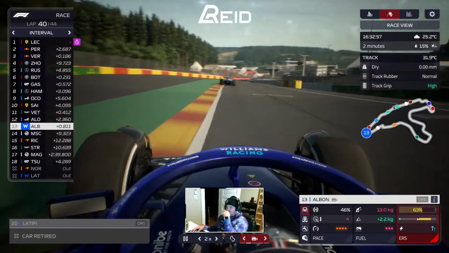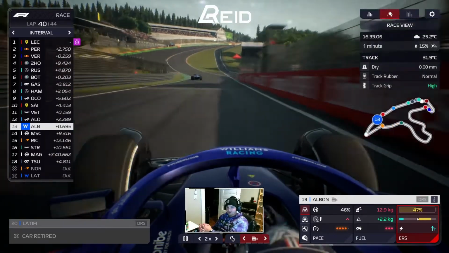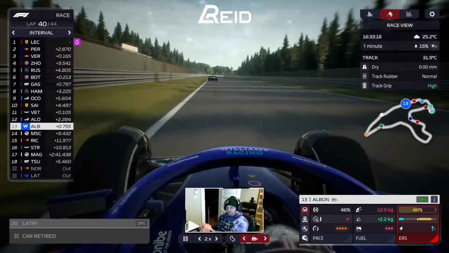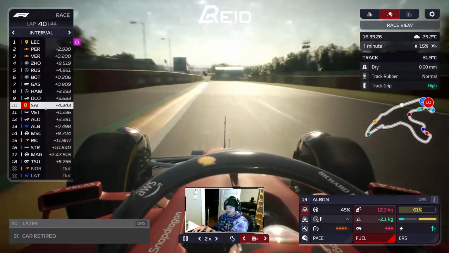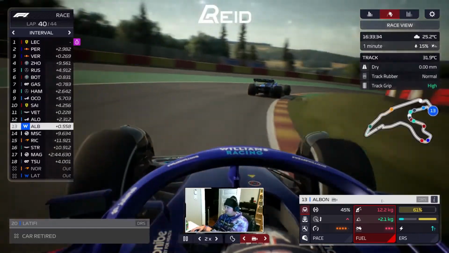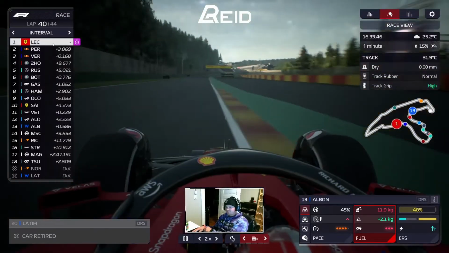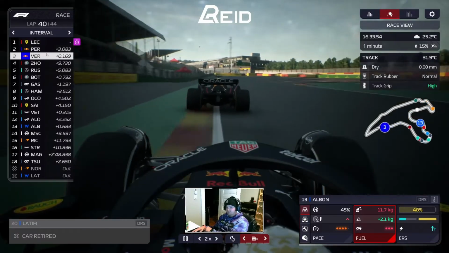Albon's just barely keeping in the DRS. Alonso is catching up. Sainz is just so slow this race. Ferrari has to be very disciplined. Leclerc is in the lead now. I mean, kind of as he should be, but